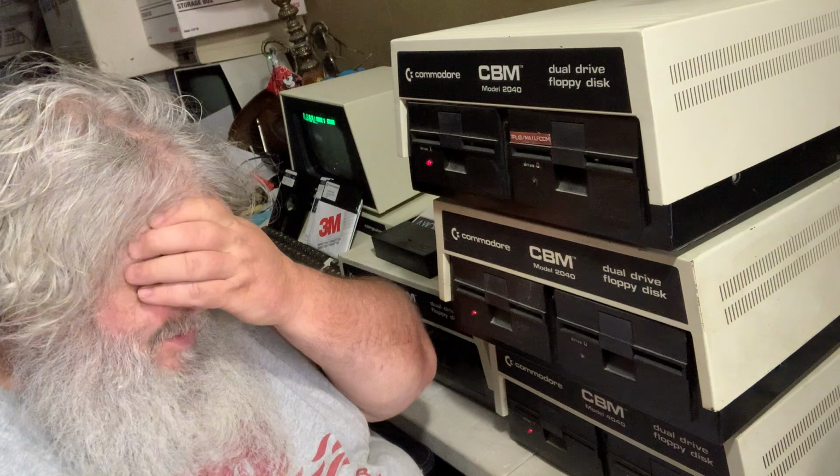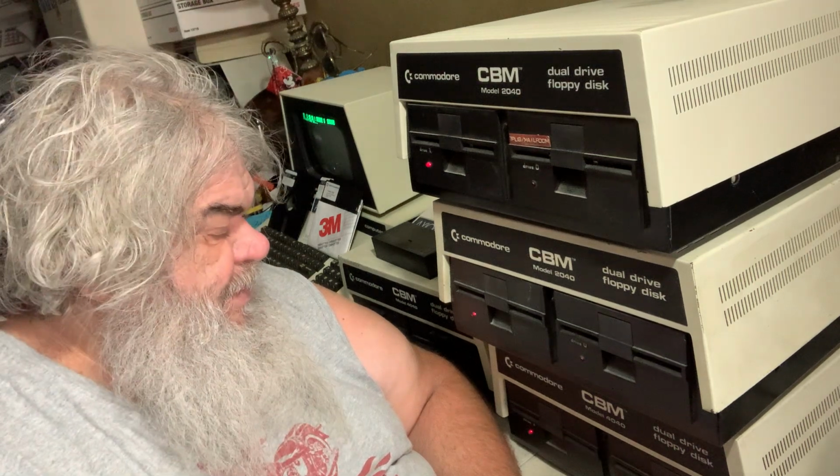And while this is doing that, I might just go to the pet room, not the pet room, I'm in the pet room, the pool room, and see about rescuing more things out of there. Perhaps. But it's a constant thing of having to move one thing to move another thing. Okay. We're into the copying stage. There's a whole lot of drives in there, and they stack nicely. But of course, the pool table is full, but not as full as it was because some of these drives were on there. So I think I might make a stack of 1541s tonight,